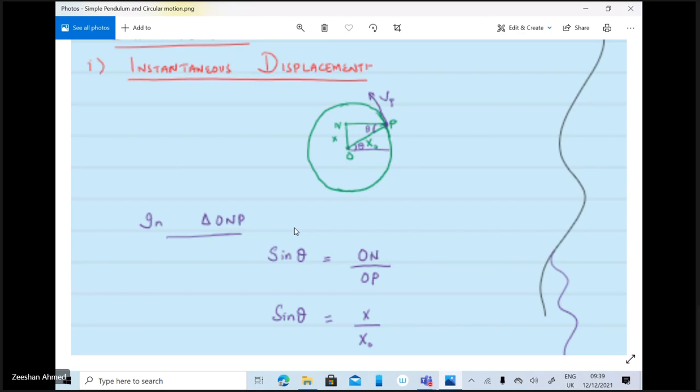What are we going to find out? Displacement. So in triangle O and P, sin theta. What is the formula of sin theta? Simply the formula, cos divided by tan. No, not like that. How did sin come from cos divided by tan? Sin theta means perpendicular over